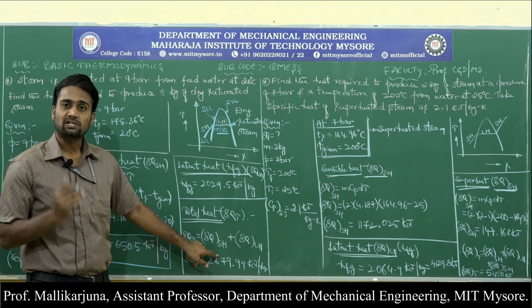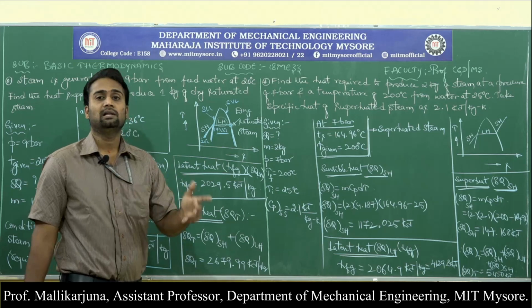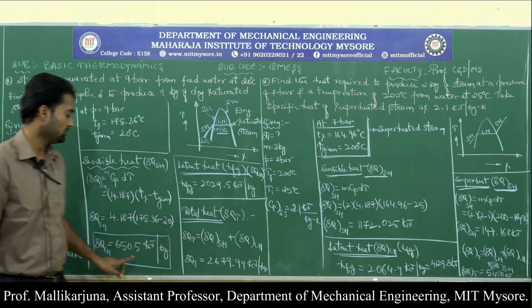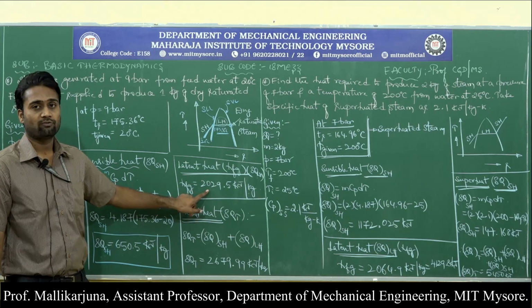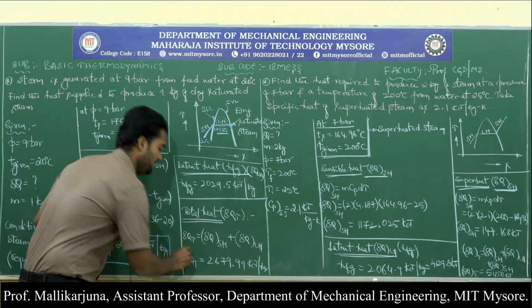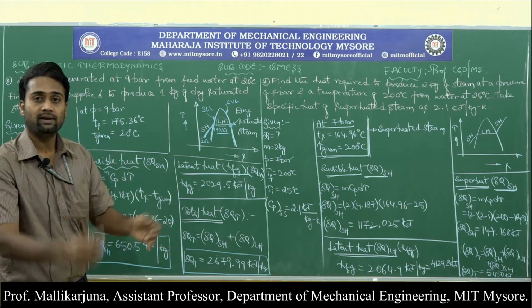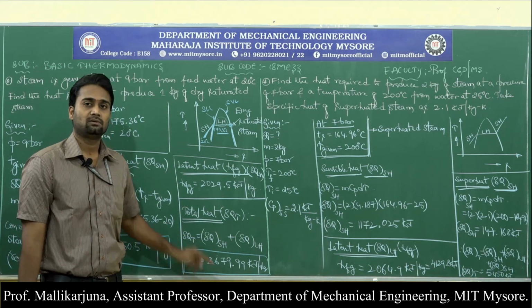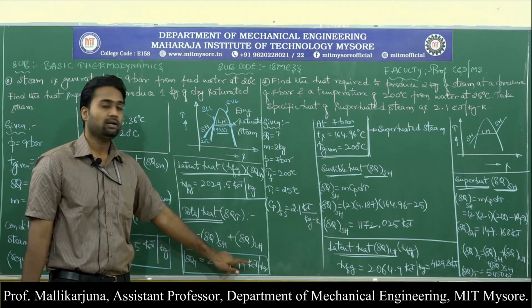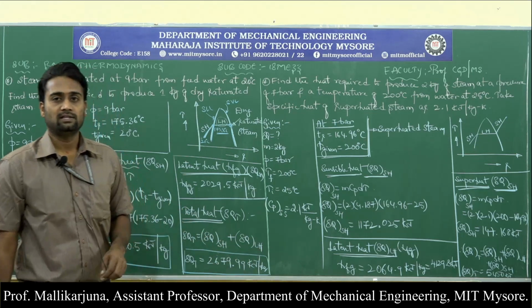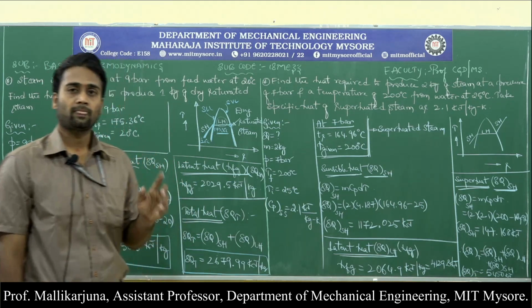water from its initial state to the saturation state, which is nothing but sensible heat, plus delta Q, which is nothing but latent heat. If I add those two things, what are those two things? 650.5 plus 2029.5 kilojoules per kg, overall amount of heat which is required or which is absorbed or which needs to be supplied to the given substance to take it into dry saturated state is 2679.99 kilojoules per kg. Make sure here per kg in the sense for 1 kg of substance.